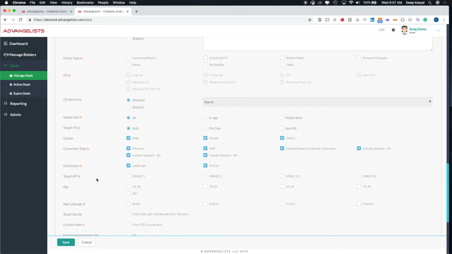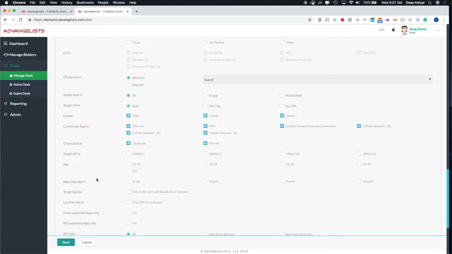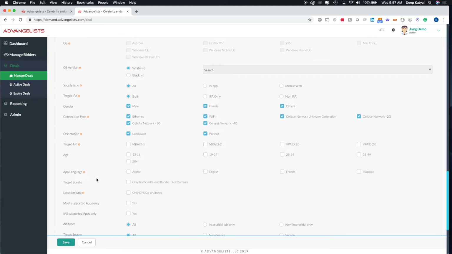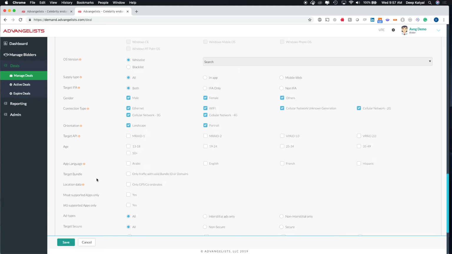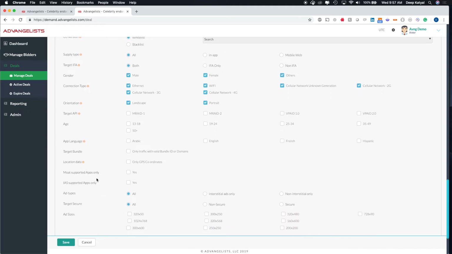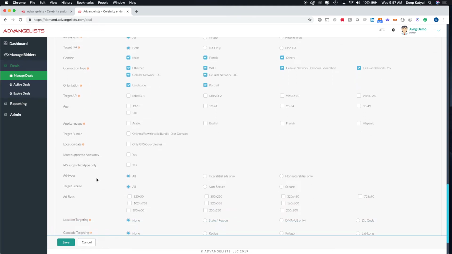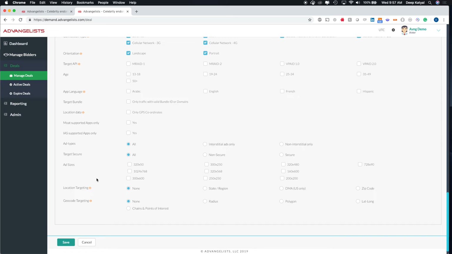What's their age range? What is the language of the app that they're using? Are they Arabic, English, French, Hispanic? And we can add more languages along the way. Traffic with valid bundle IDs, traffic with only GPS coordinates, MRAID supported apps, IAS supported apps, interstitial, non-interstitial, secure, what exact ad size, and then finally, location targeting, which is very, very important in this case